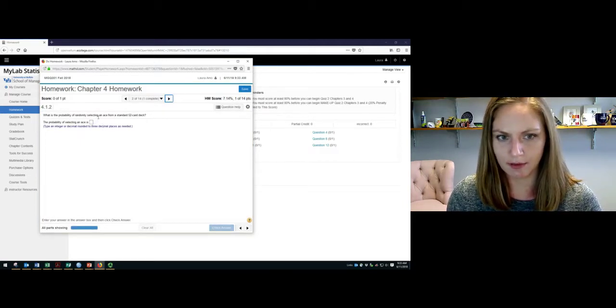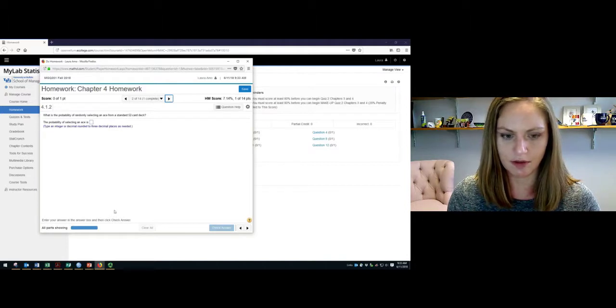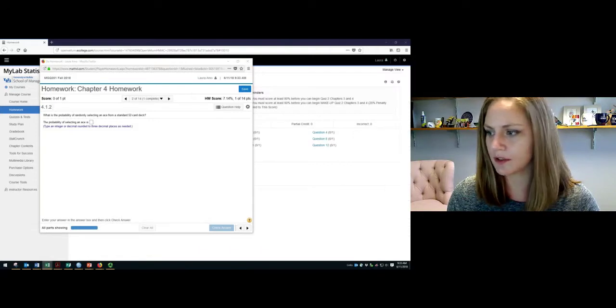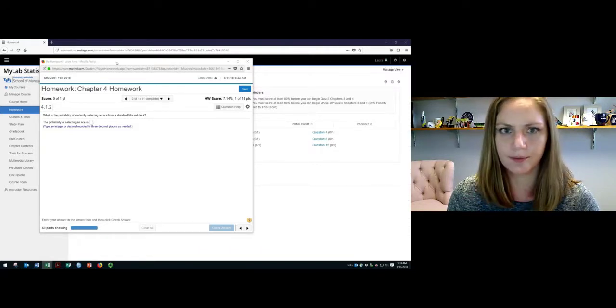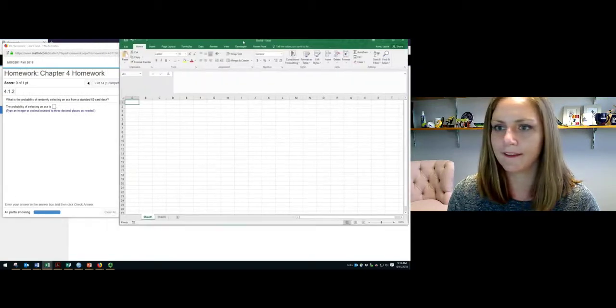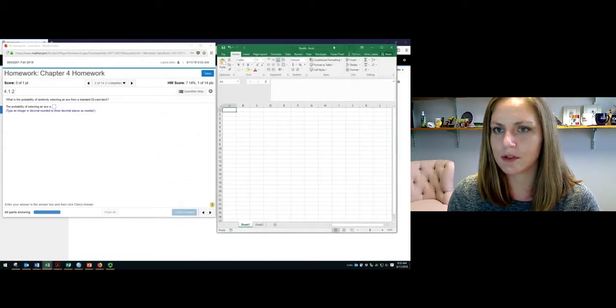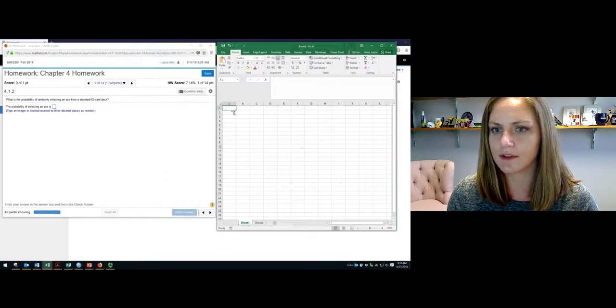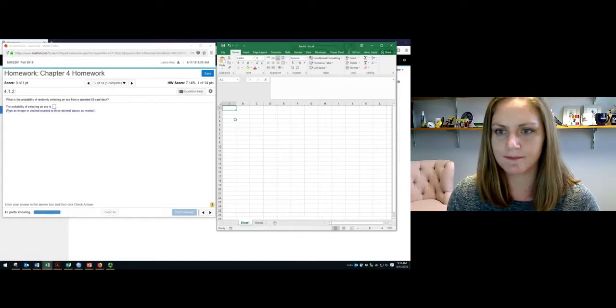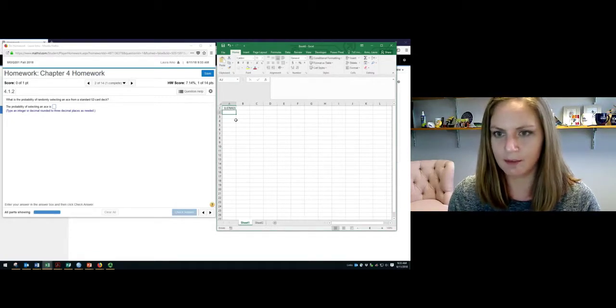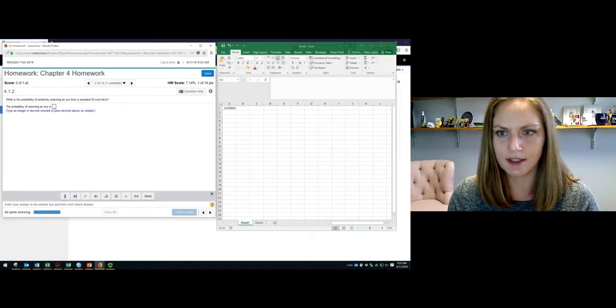What is the probability of randomly selecting an ace from a standard 52 card deck? Well, we know there's 52 cards in a deck, and 4 of those are aces. So what we could do there, let me bring this over. I will have something posted online relative to the cards. Here, all we're saying is there's 4 aces. You divide that by 52, so the probability of selecting an ace is